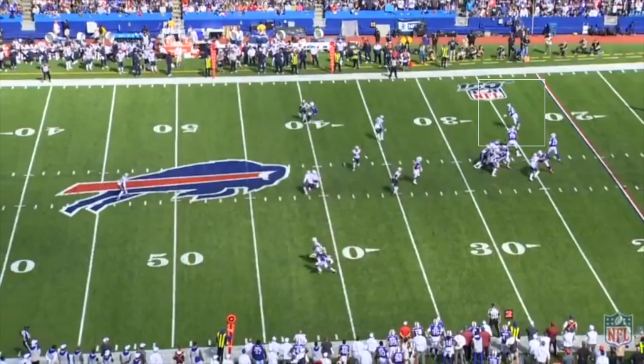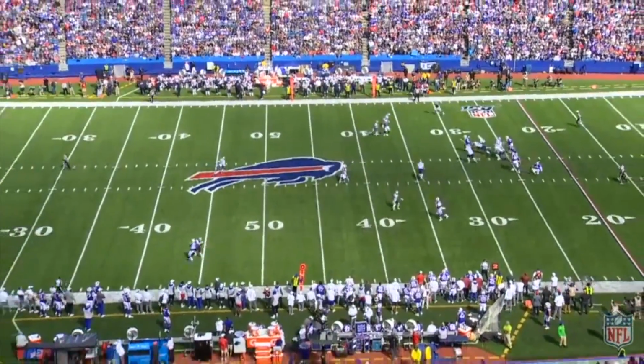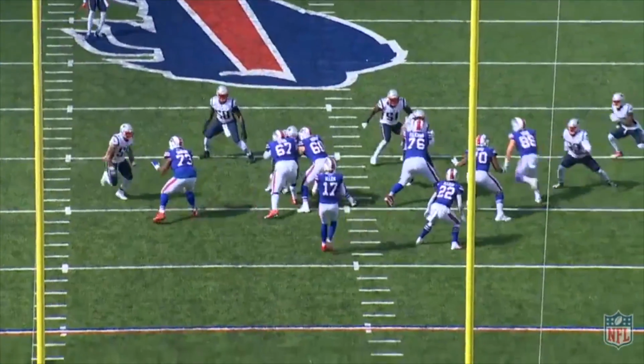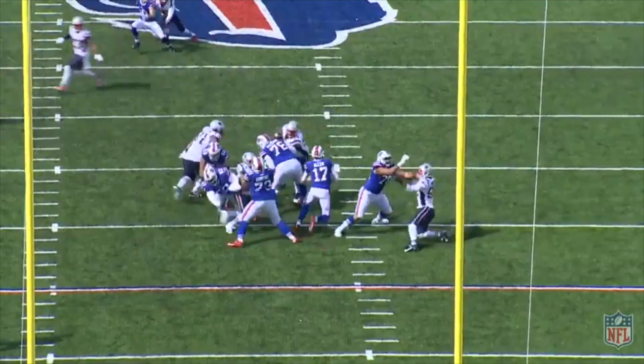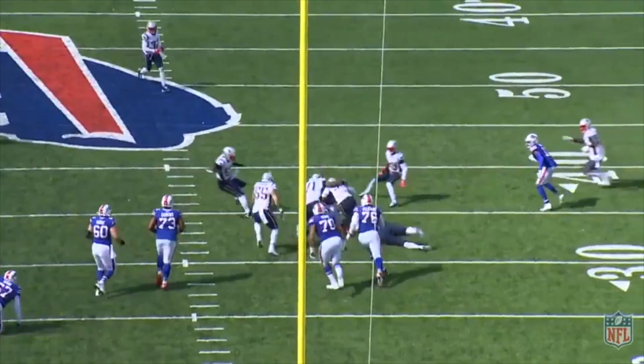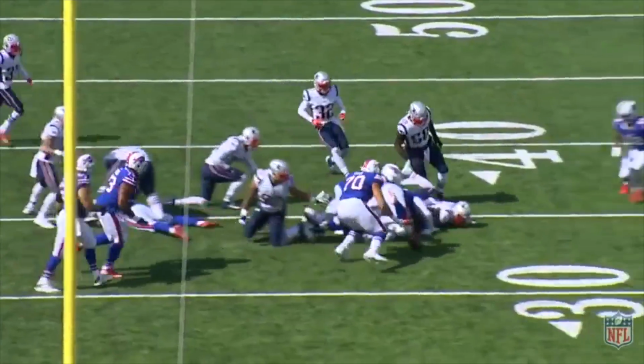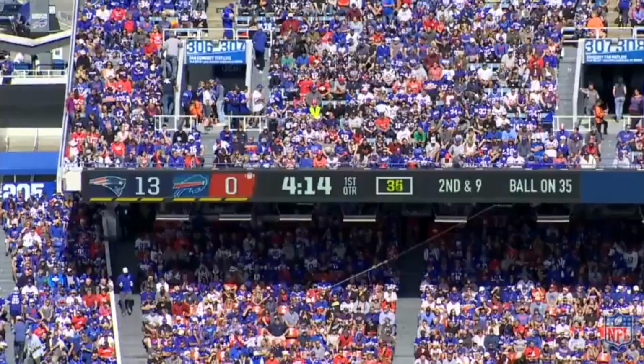But it does have an outlet built in, and Allen fails to make it to his final option in the progression, TJ Yeldon, running a flare route. Instead, Allen tucks it and runs, and nearly fumbles the drive away. If there's one play that shows how off his game Allen was, it's the next play we are going to